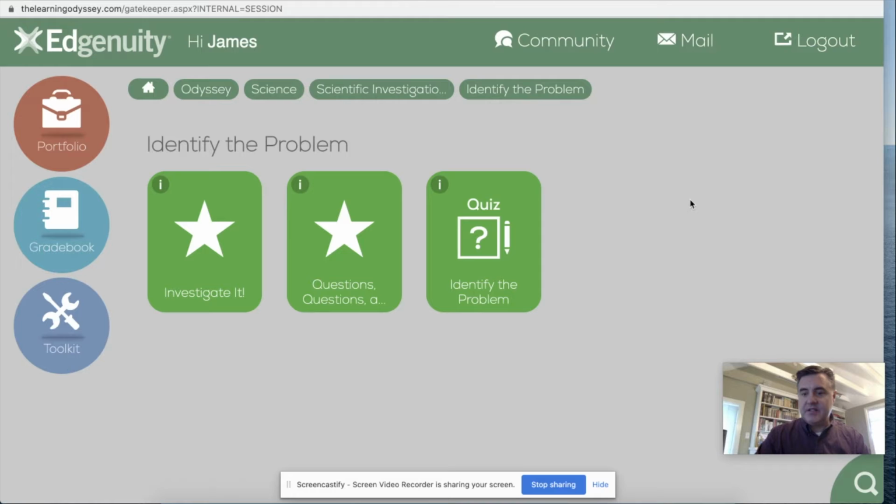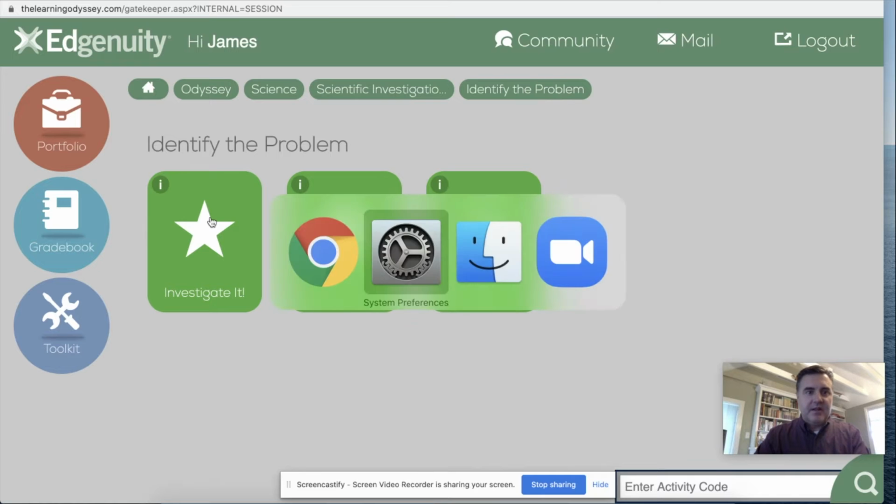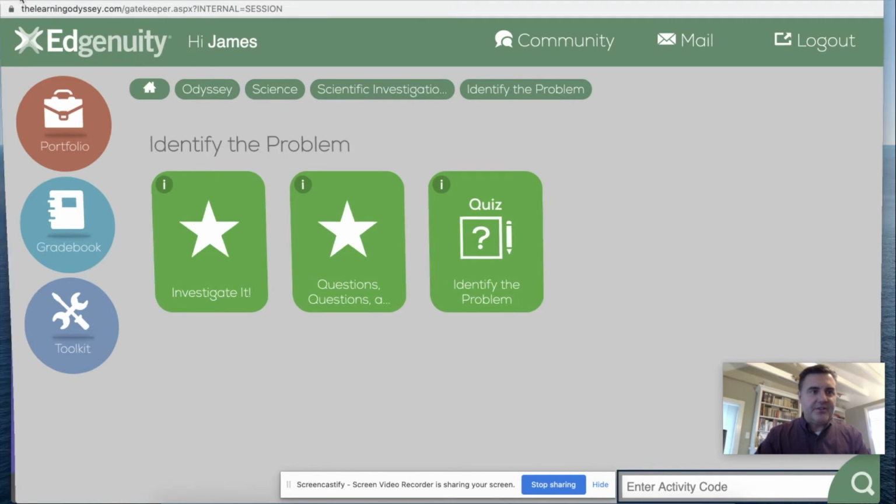And the trick is, if you go down here to the magnifying glass, you can enter an activity code for any lesson in the entire curriculum, whether I've assigned it or not, and it will pull that up. And now you might be wondering, okay, well, how do I know what the lesson or activity code is when it's not telling me? And the answer is a link that I just sent out,